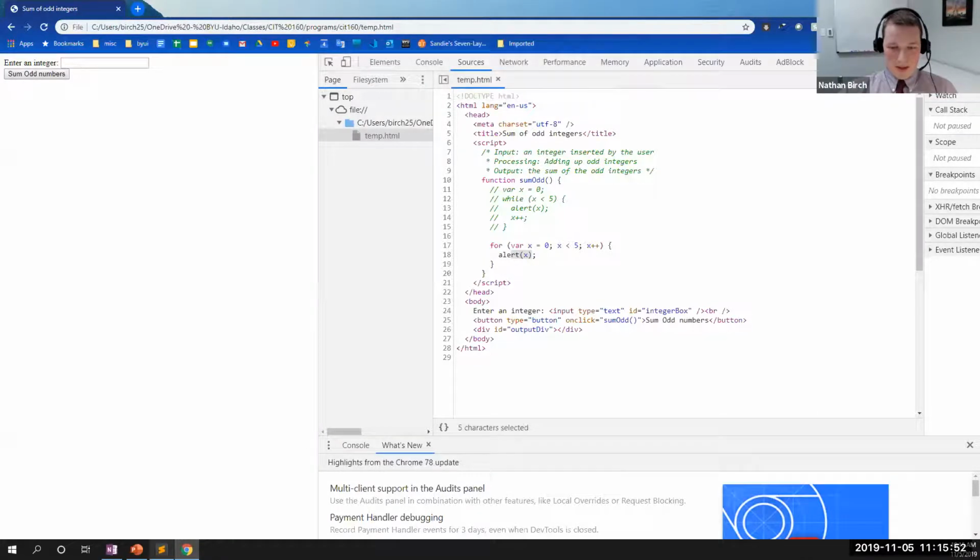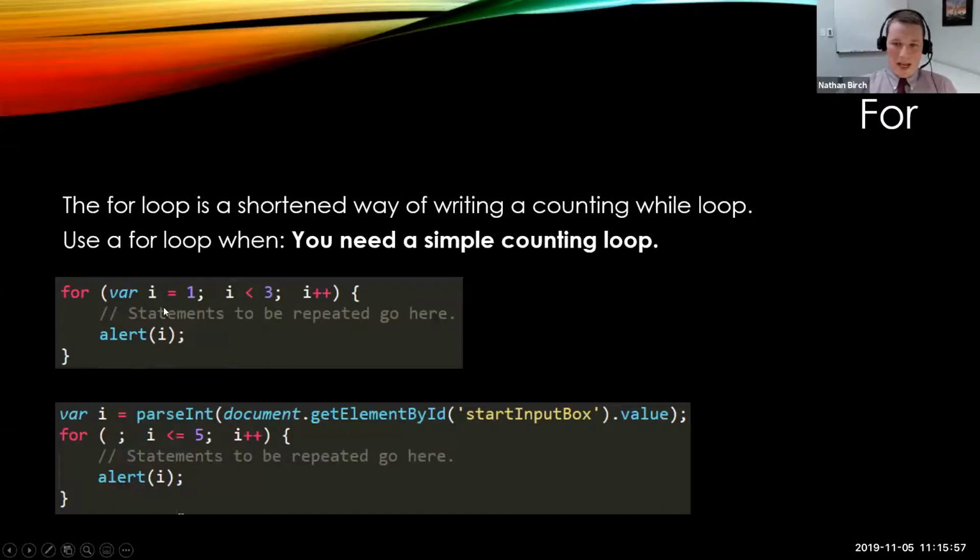Okay. Then let's head back over here. All right, so like I said, a shorter way to write a loop. It's interesting to note that you actually don't have to have things in each of these three parameters, but you do have to have the two semicolons separating the three spaces inside of your for loop. So if for whatever reason I already had I declared, if I was getting a value from the user or something like that, and I didn't have to declare it, I wouldn't have to, okay? But I do need the semicolon there so that it knows this is the spot for my condition that will equate to a Boolean value to know if I should loop or not,